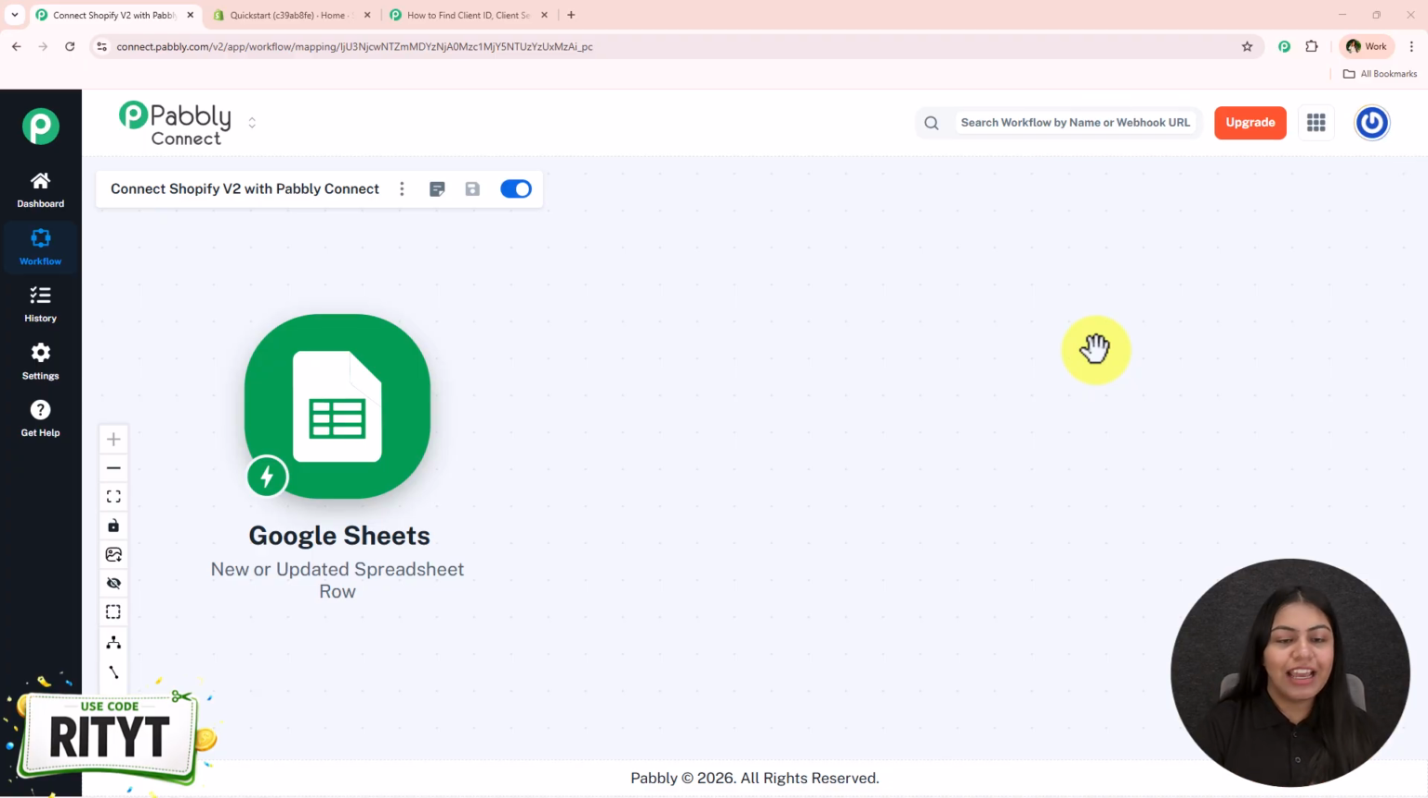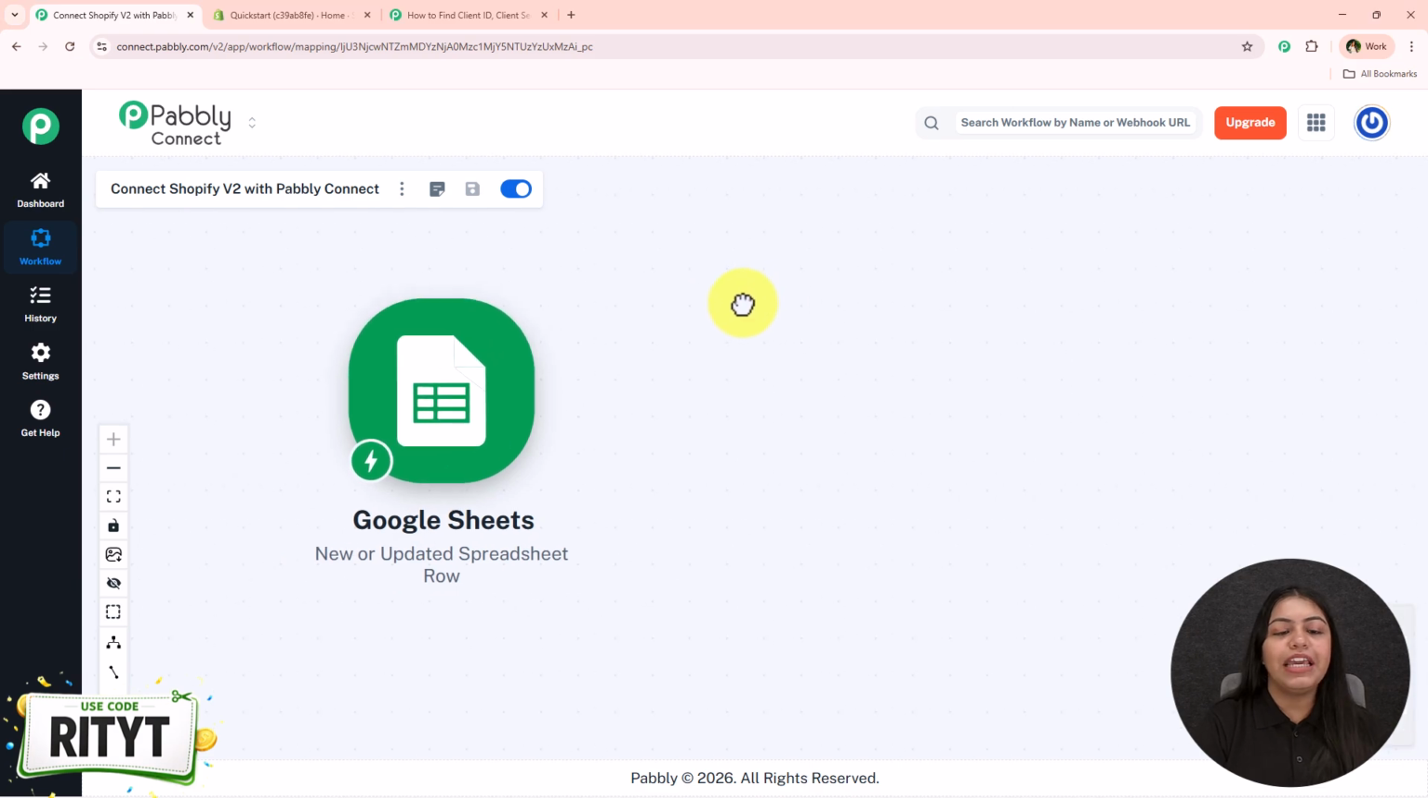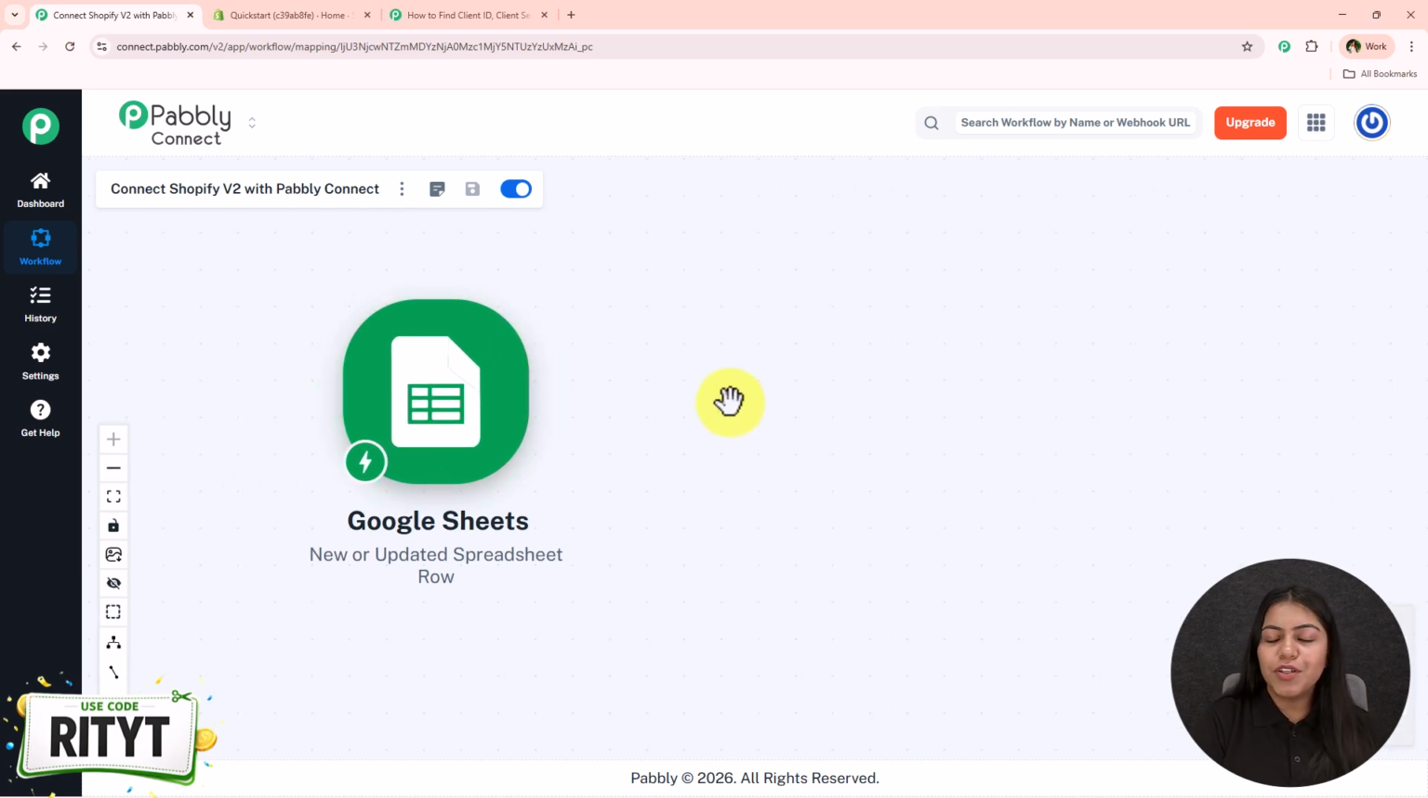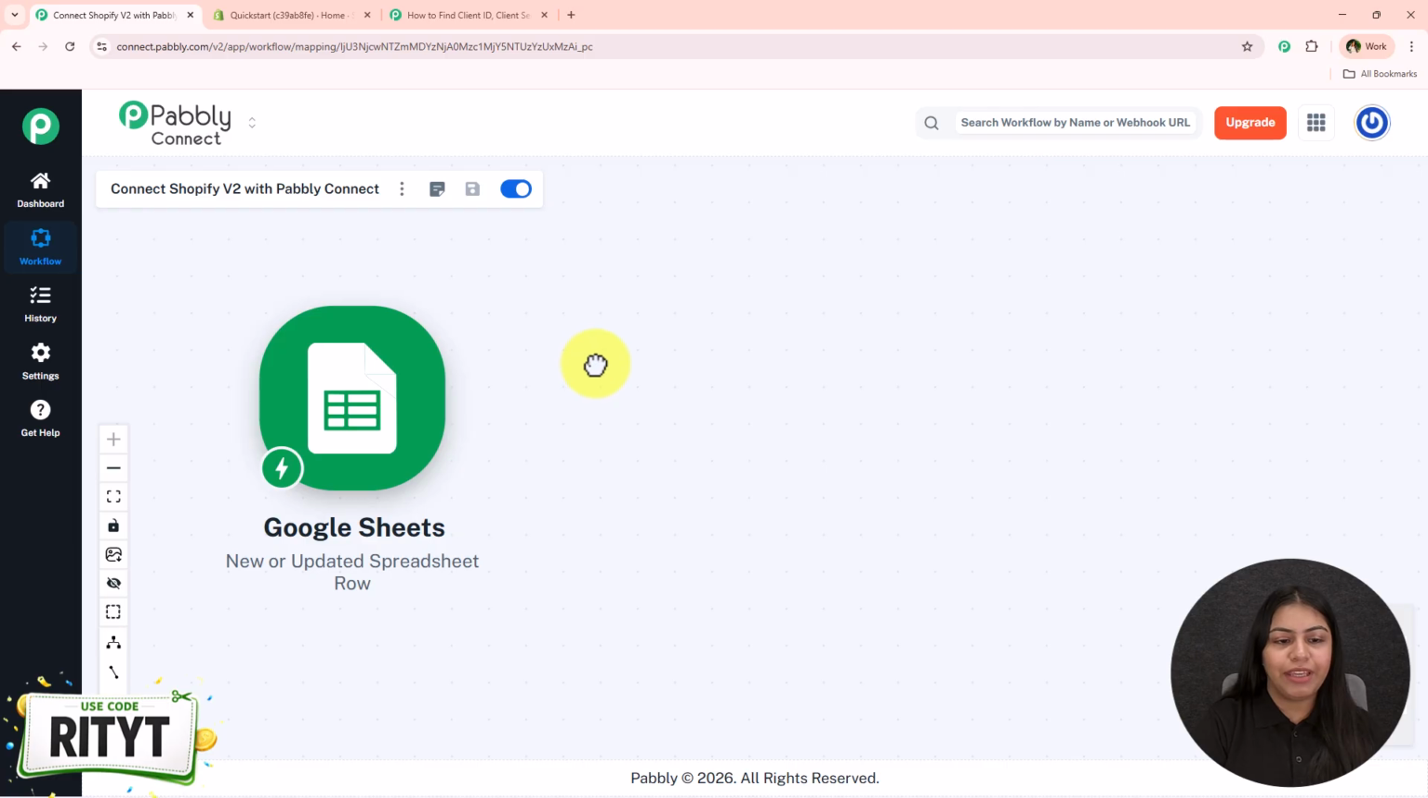So we'll start. And over here to start, I have already opened this workflow builder. So first of all, if you are an existing user like me, you can also open your workflow builder. But if you are a new user, open a new tab and search for